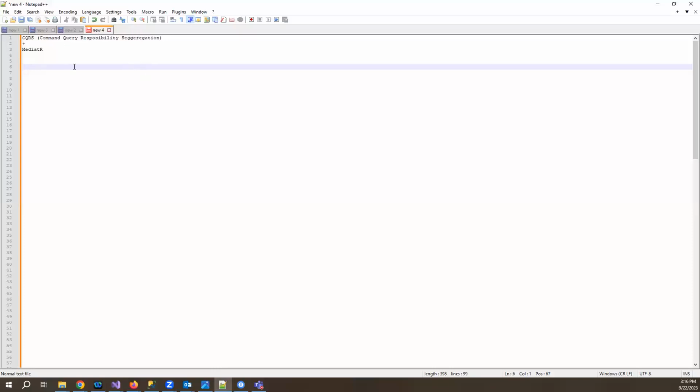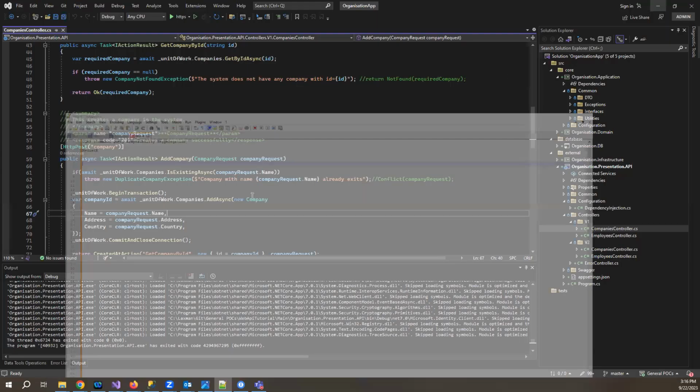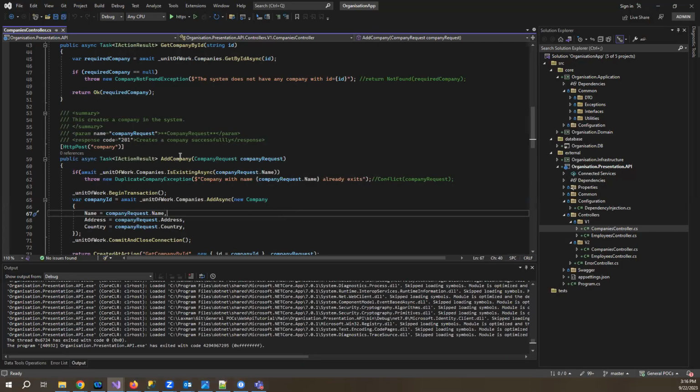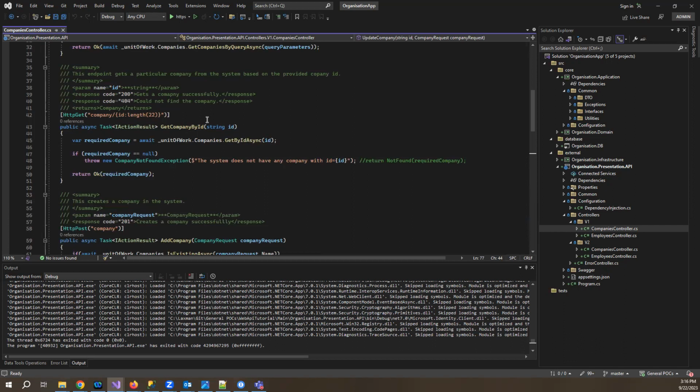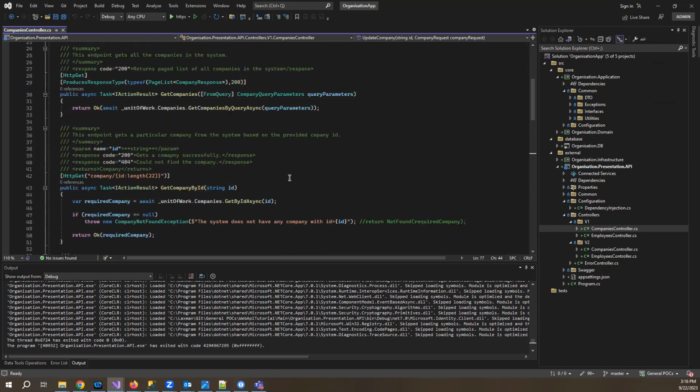So with CQRS, what we do is we divide the flow of path in two ways. One is for commands and one is for queries. So commands are nothing but write operations on the database, and queries are nothing but read operations. Like for example, add company, update company will be commands, and get company by ID and get companies will be